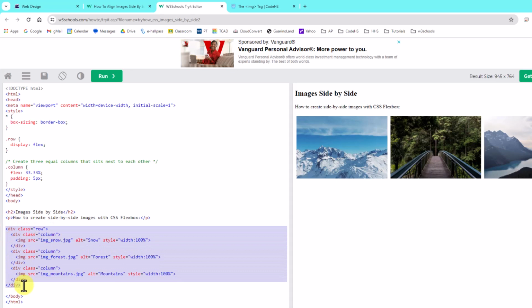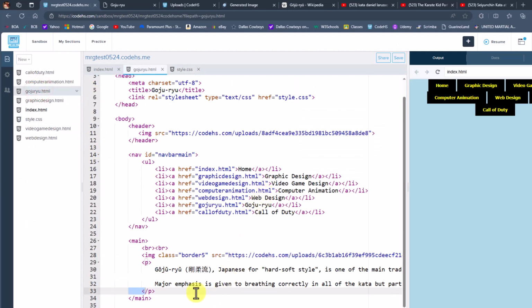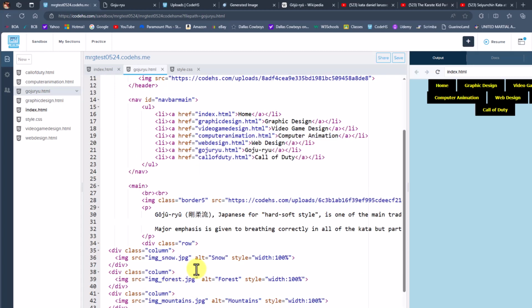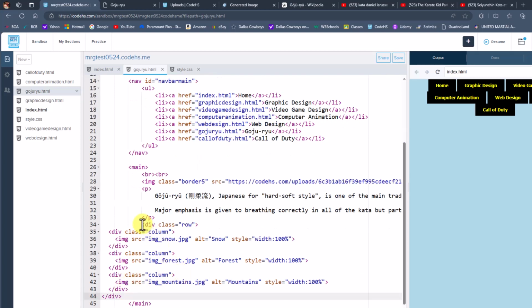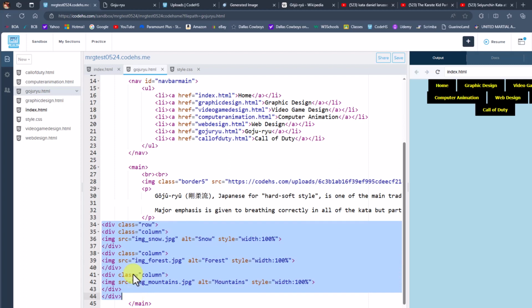So copy all of this and go back to my goju page, and after all of my text, at the end of my paragraph, I'm going to click there and I'm going to paste. Now for some reason it didn't really indent very well, so I'm going to highlight all of this and press Shift Tab. It brings everything all the way back to the left,